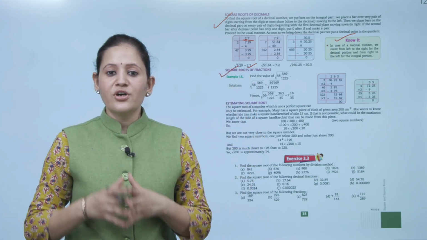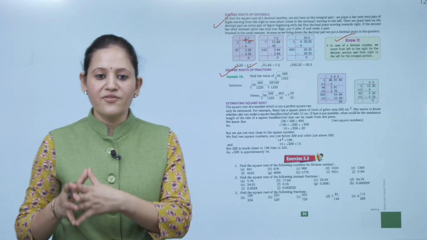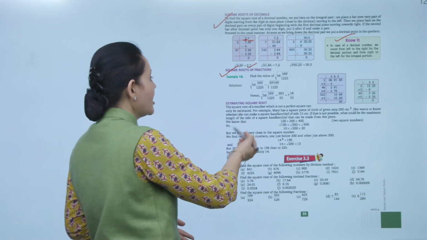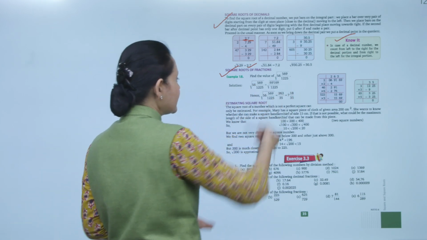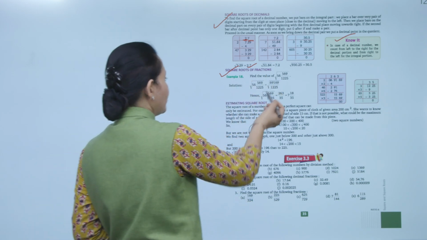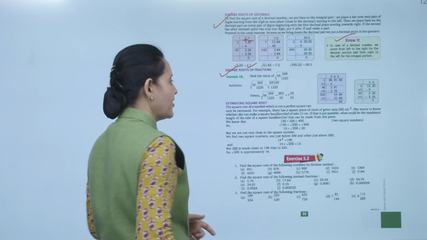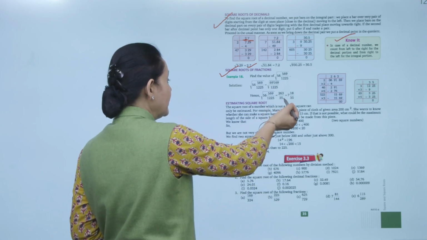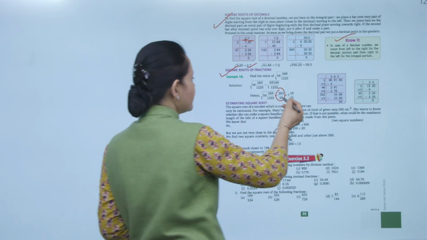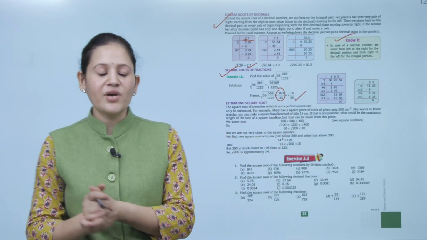Find the value of root 56,569 upon 1225. So first we'll convert it into an improper fraction. Now we'll take the square root of the upper part separately and the lower part separately. So that is equal to 263 upon 35. Again that is an improper fraction. We'll change it to a mixed fraction, 7 18 upon 35. Clear?